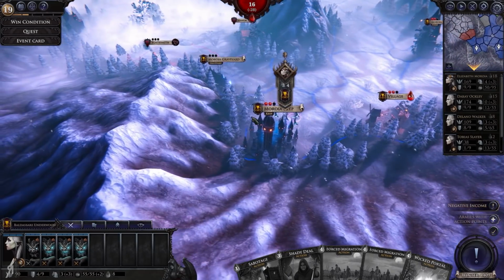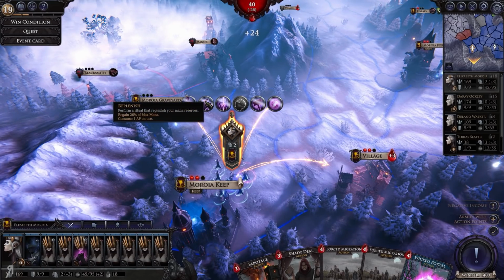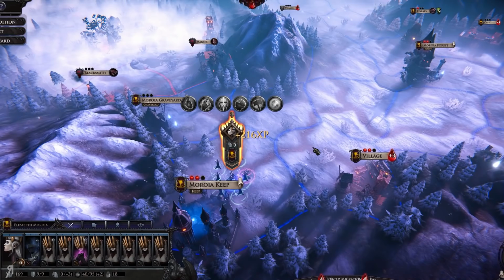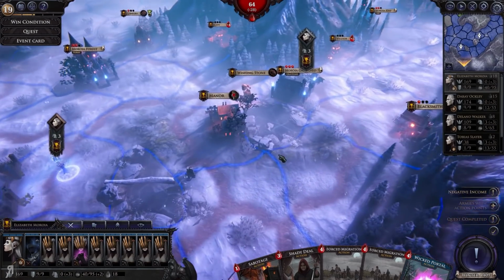And we also need to do that on Elizabeth here as well. So let's just do this. There we go. And there we go. We actually gain a little bit of extra experience as well, thanks to our quest. All right, so